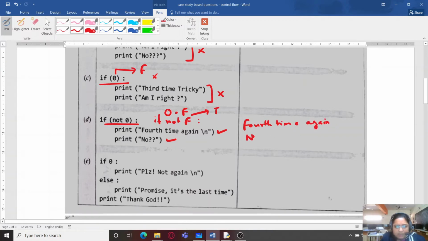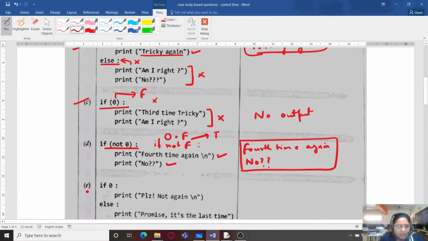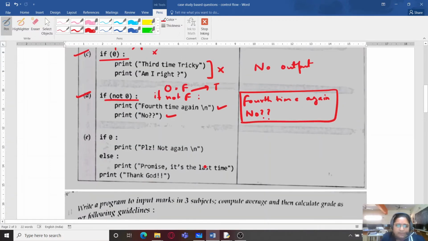Then change the line, no. So this is the output which we will be getting over here. Here we won't be getting any output. And the final one, although you can see that we have solved all the 4, that is first 4 are already solved. So in your exam you don't need to go for the 5th one, but here because we are doing a revision, hence I will be discussing the 5th one.